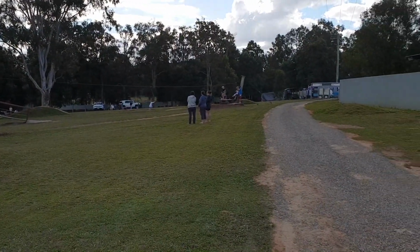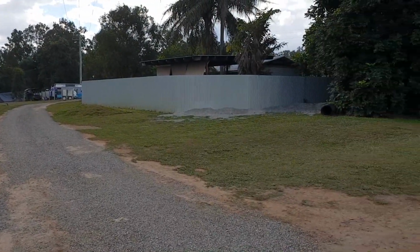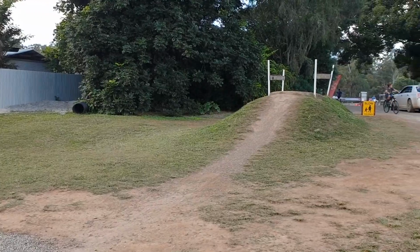Sorry it's a little bit dark, but it's only 2:30, but it's a little bit dark here this afternoon. Fantastic spot,